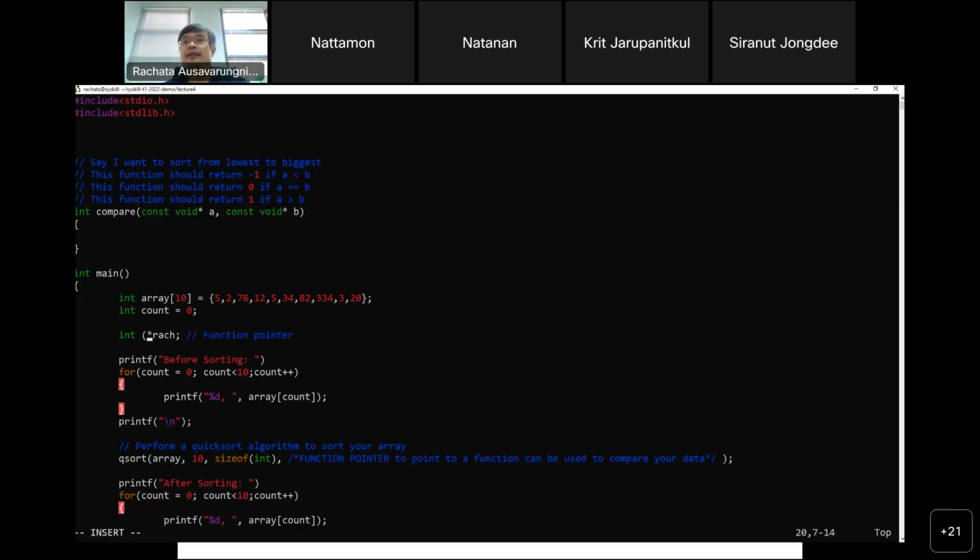First, this will declare that RSCH is a pointer. Right now, this is still an integer pointer because I haven't finished everything yet. If it's a function, it has to take some input. The input to the function will go into the parentheses right after the function name. Over here, you have parentheses come right afterward. Can you look at the function signature and see what's the type of the first input?